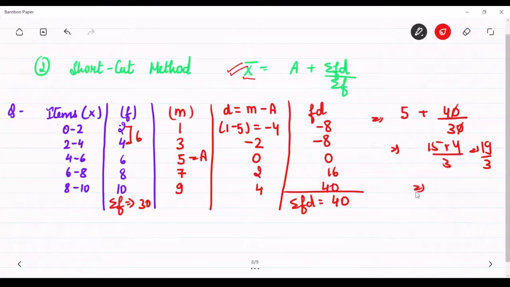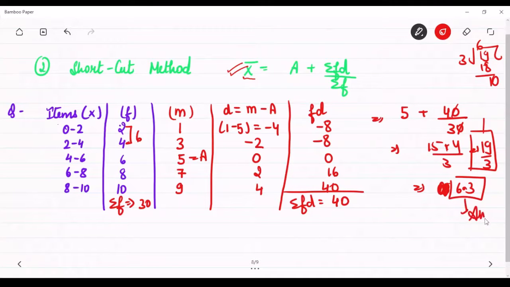If we want the answer in decimal form, well, this is the final answer, but if we want it in decimal form, then we need to divide it by 3. So what we are going to get here is 3 5s are 15. We will have 4 as the remainder, then we'll get this: 3 6s are 18. You will get 1 and 6, 3 3s are 9, 6.3 around. Okay, so this is the answer in decimal form.